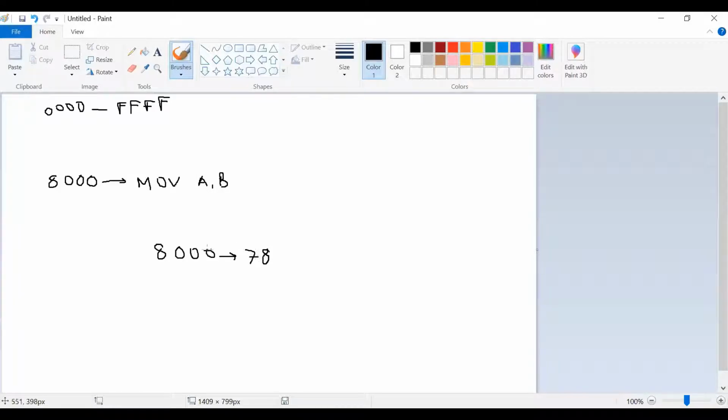In every memory location, in this way, I am writing move A comma B, add B, halt, everything in assembly language, simple English-like words I can use, but that is loaded inside the memory location in this form. The corresponding machine codes will be written one by one from the starting location, sequentially loaded.